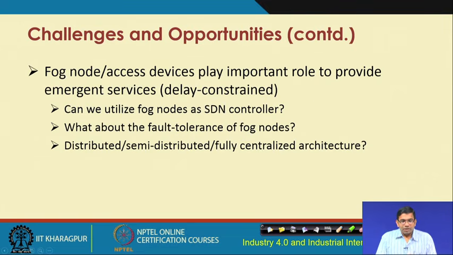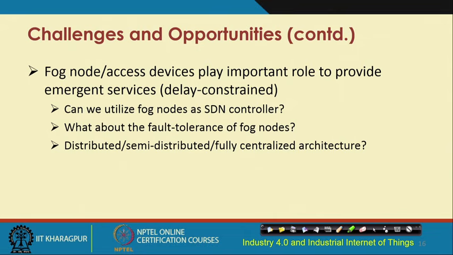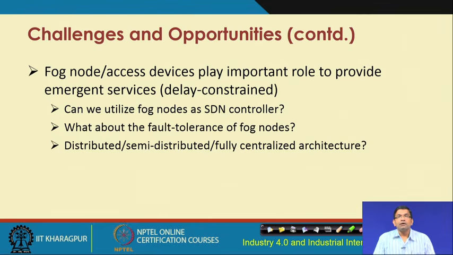So, there are different issues, different solutions. For example, consideration of fog architecture, where some part of the OpenFlow or the software defined solutions that you talk about can be implemented in the fog nodes, in the edge devices and so on, and the other parts can be implemented in the centralized manner in the cloud and so on. So, there are fog enabled solutions that are also being proposed in order to take care of these different challenges of implementing software defined networks for these constrained and